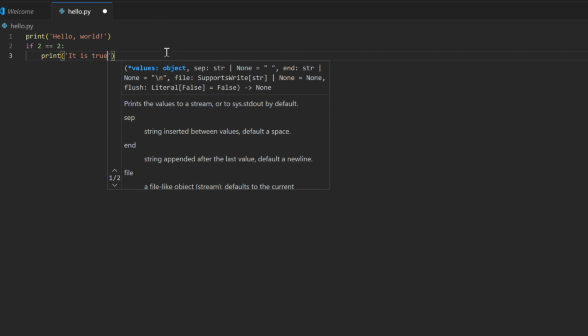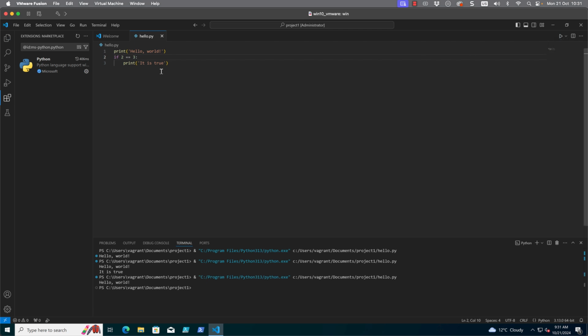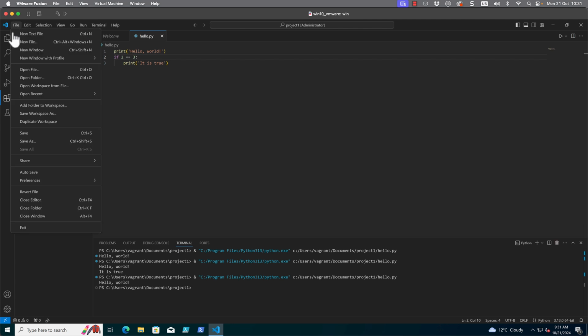So we can see that this is fully integrated with Python and the Python documentation, and look how quickly it is for me to be able to write my code, make changes to it, and then move across and execute again. So whilst the condition is true, we see the second line. Changing it to 2 is equal to 3, it's no longer true, so we only get the single line printing out. But this then really speeds up your development, integrating everything into the one application.